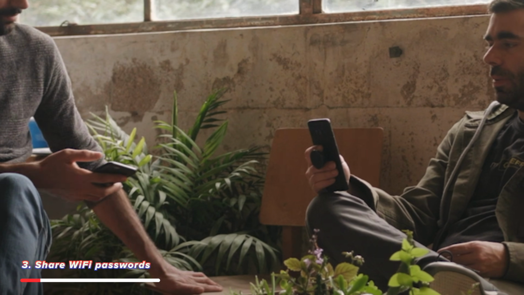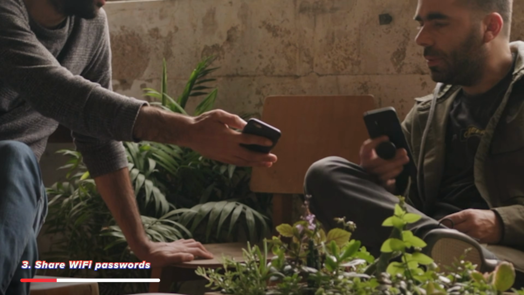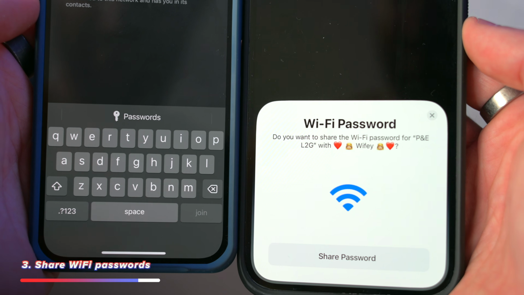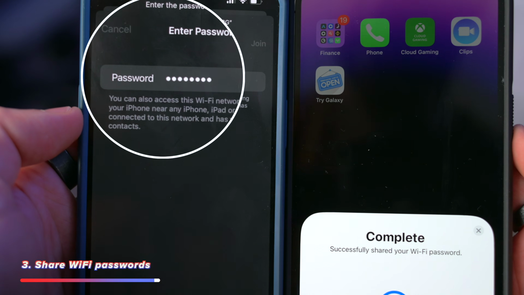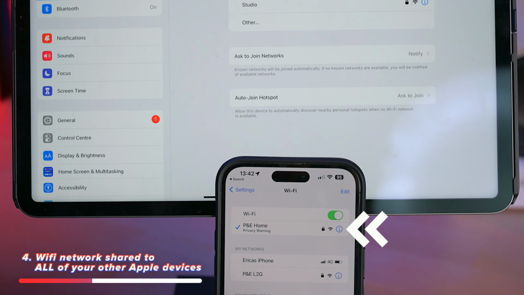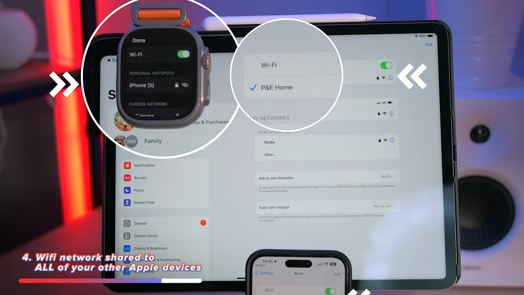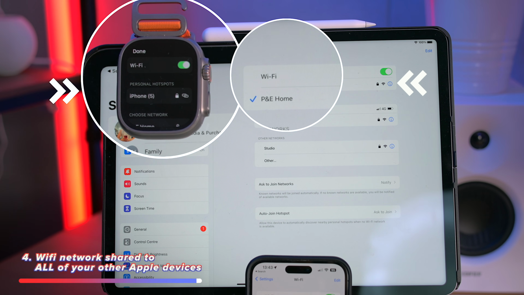Are you ever around a friend's house and you want to hop on their Wi-Fi? Or perhaps you want to just share your own Wi-Fi password, but not tell people what it actually is? Well, the iPhone has a neat feature that allows you to share Wi-Fi passwords with your friends and basically any contacts on your phone. Just try and connect to whichever Wi-Fi network you want, and your friends will get a prompt on their phones to share the password with you. Not only that, but any Wi-Fi networks which are added to your phone are instantly shared and added to all of your other Apple devices. Now your iPad, your MacBook, and even your Apple Watch will work without having to manually join each device.